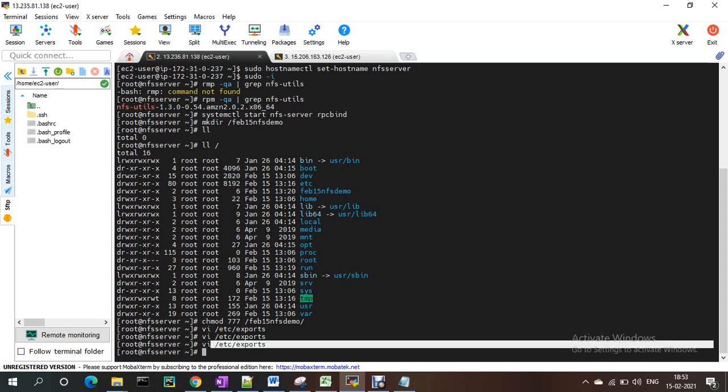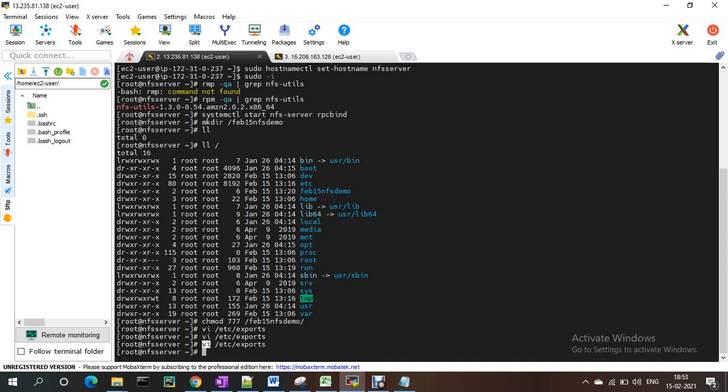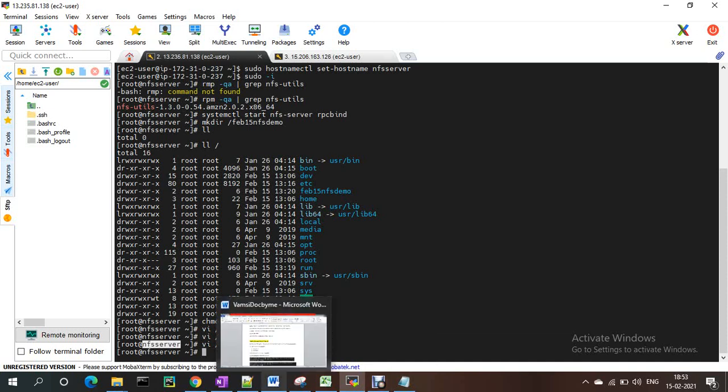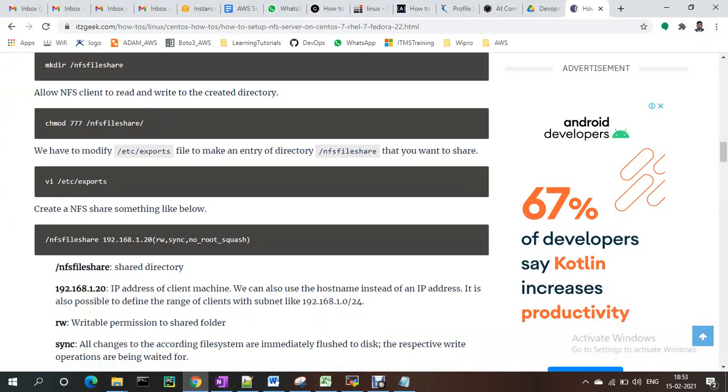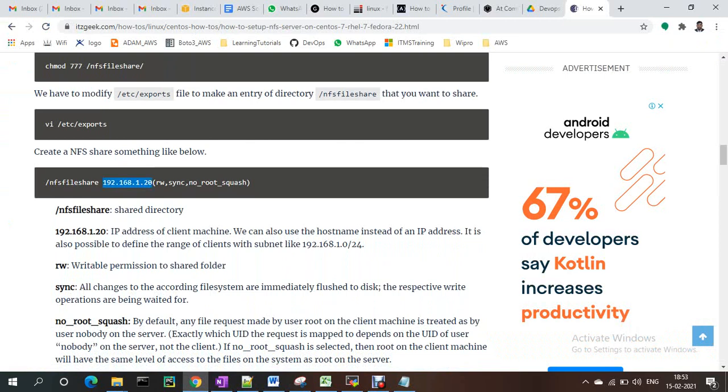Client details you have to update in the NFS server's directory. This is the IP address of the client machine.